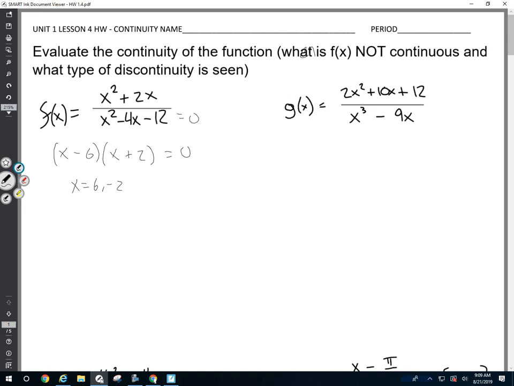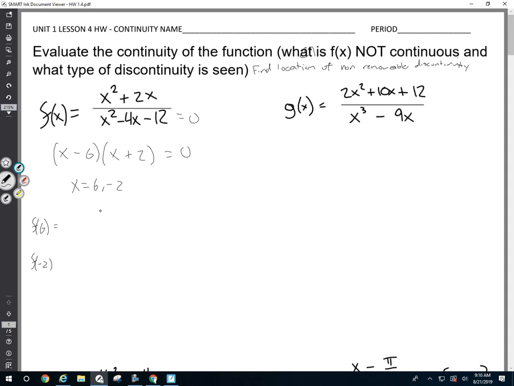Removable, non-removable, how do we know? Well, we can either plug both of these in and figure out what's going to happen. But I'd ask you to also find the location of the non-removable discontinuity. Now, the easy way to figure out if we have removable or non-removable is if we plug the numbers back